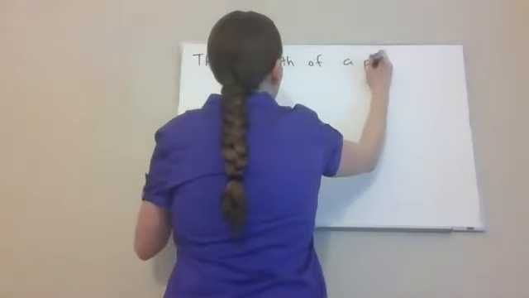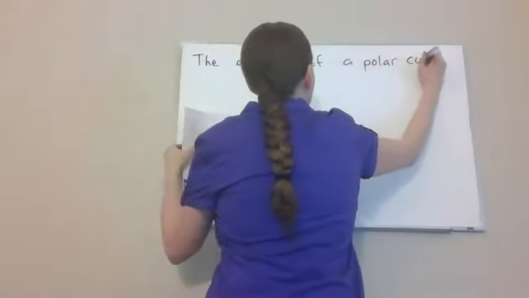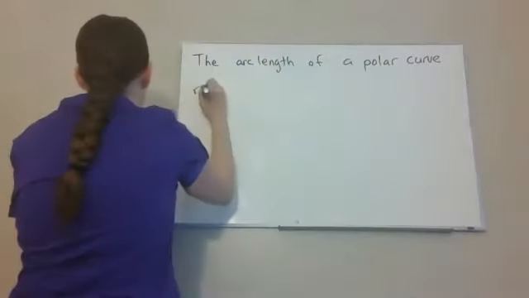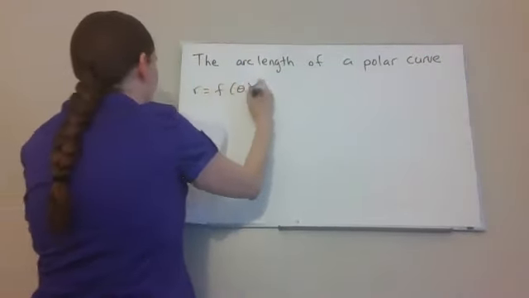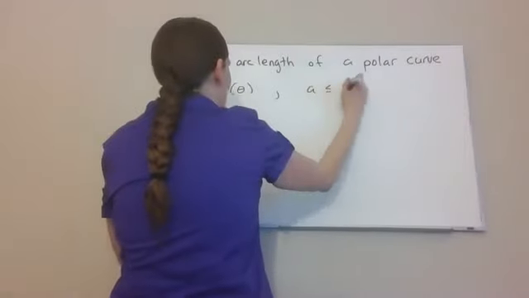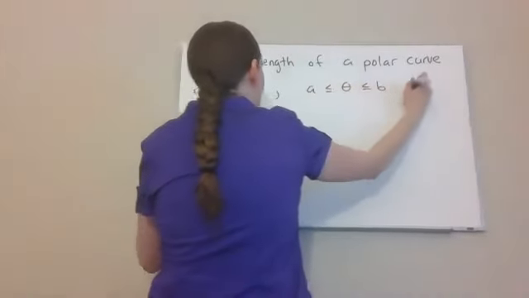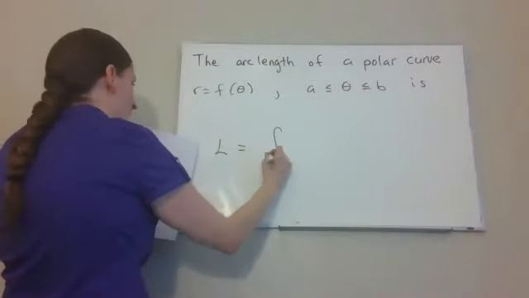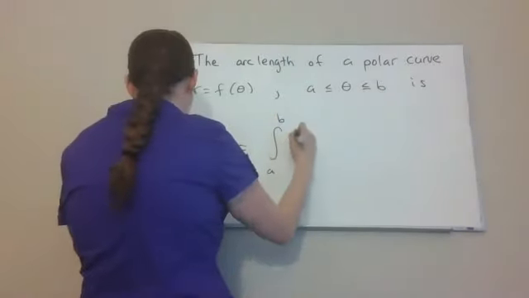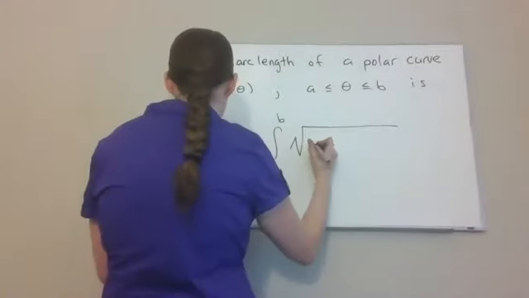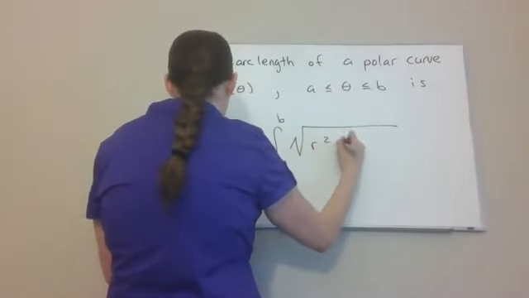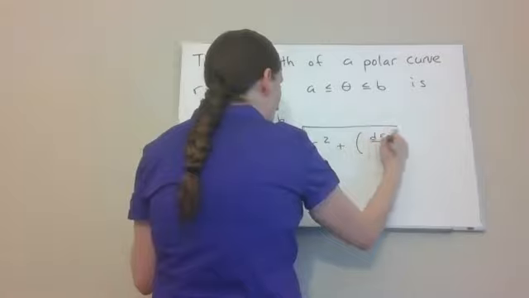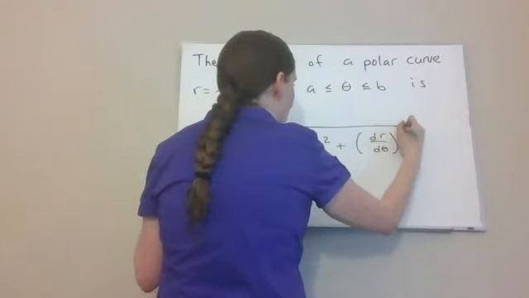The arc length of a polar curve, r equals f of theta with theta between a and b, is given by L equals the integral from a to b of a square root of r squared plus dr d theta squared